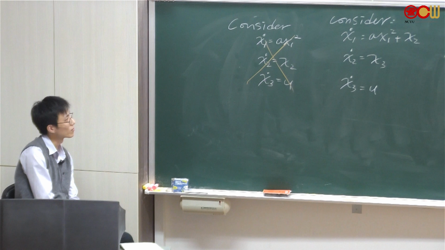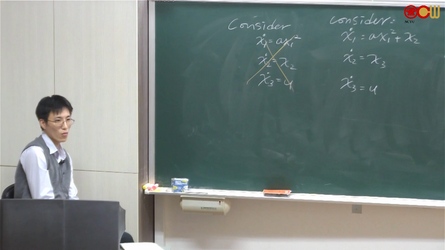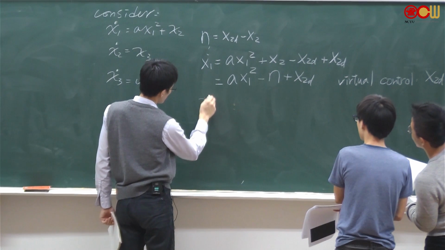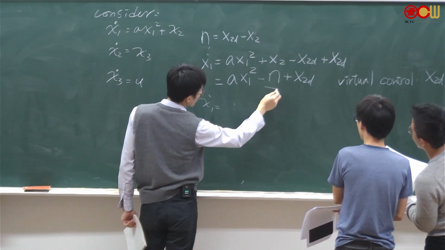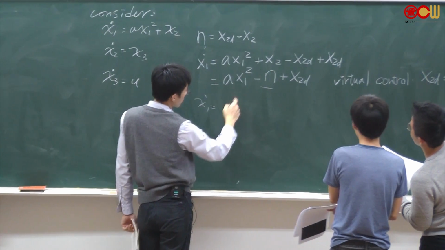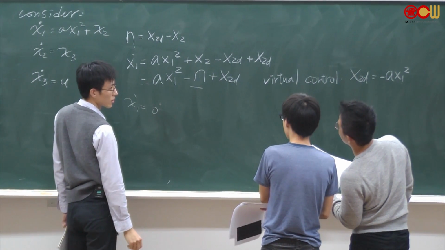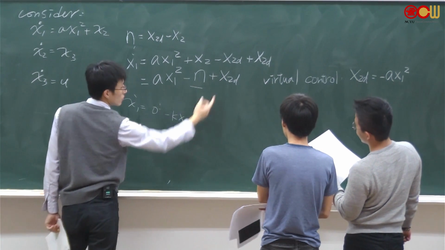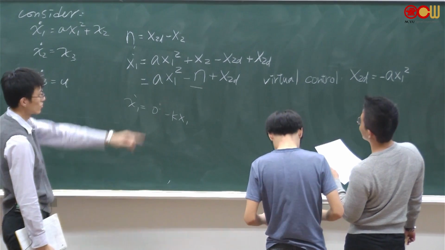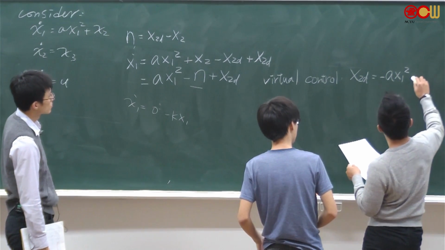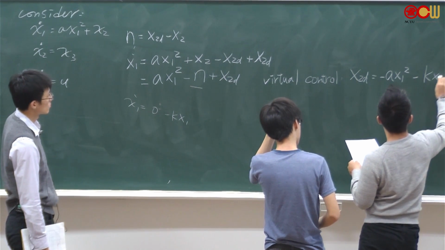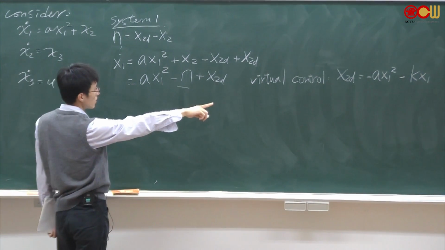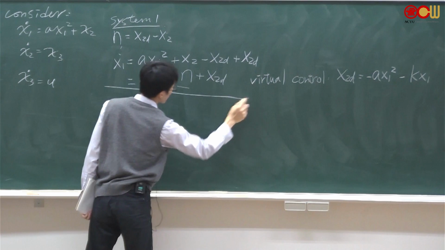Now it's higher orders. You have 3 equations. How will you design this backstepping control? If this term is zero, then your virtual control would only give zero, and you have no feedback term. You need a feedback term, which comes from the virtual control, so just add it. Yes, that completes it. So system 1, that's the virtual control. So for system 2,